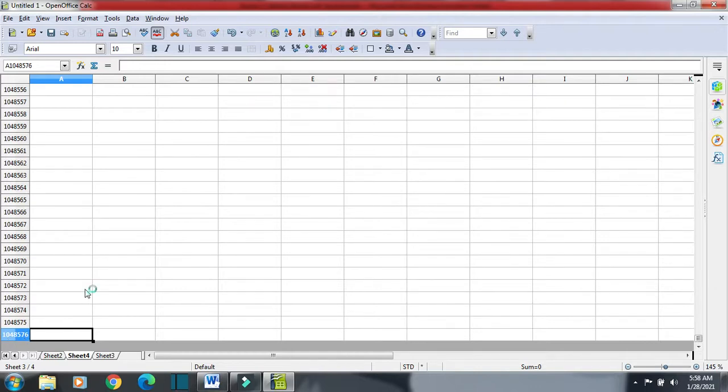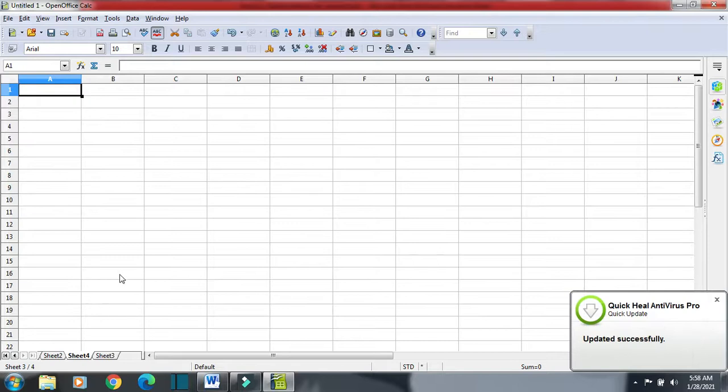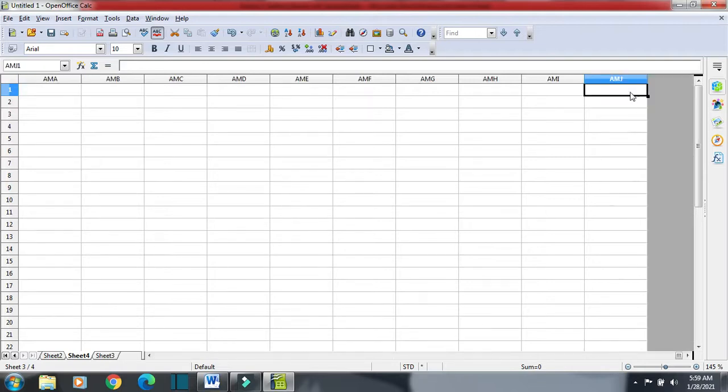If I use Control and the up arrow key, I will be at the top. Again, if I want to be at the last column, I will use Control and the right arrow, and you can see I am at the last column.